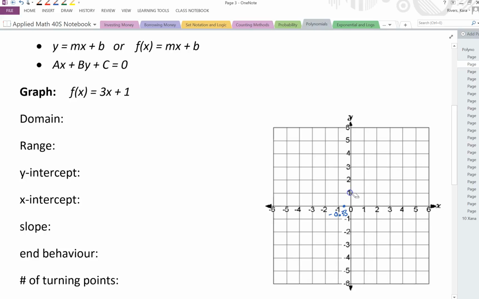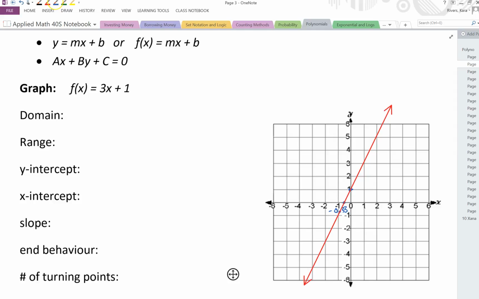So now that I have my x-intercept and my y-intercept, I can get my straight edge and draw that graph in there. Let's do that. So again, when you're drawing your line in there using your straight edge, you need to put the arrows at the end to indicate that this graph is going on forever. That's a line, okay, not a line segment, but a full-on line. So our domain would be negative infinity to infinity, because that is going on forever and ever in the x direction, and in fact also in the y direction,